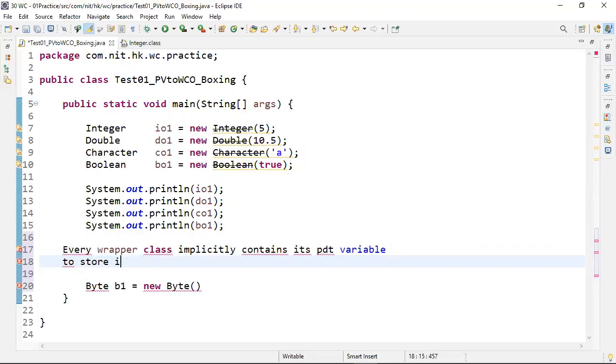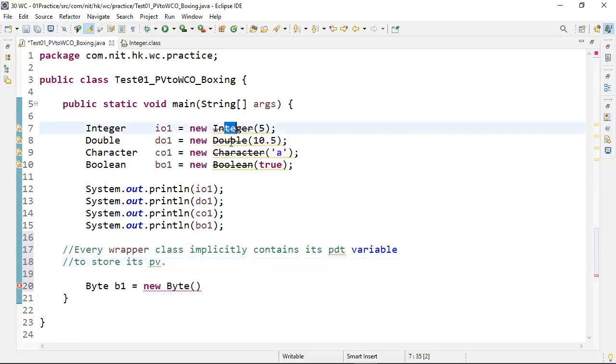Do you understand this? Every wrapper class implicitly contains its primitive data type variable to store its value. For example, Integer class contains an int variable, Double class contains a double variable, Character class contains a char variable, Boolean class contains a boolean variable, Byte class contains a byte variable.